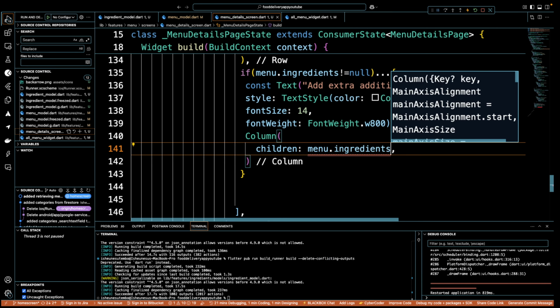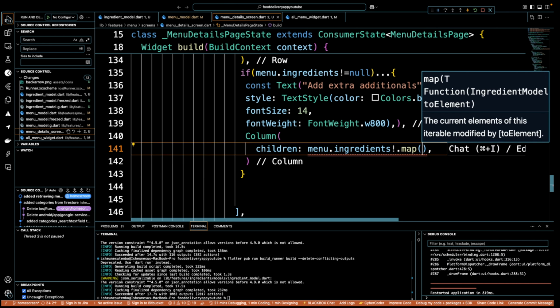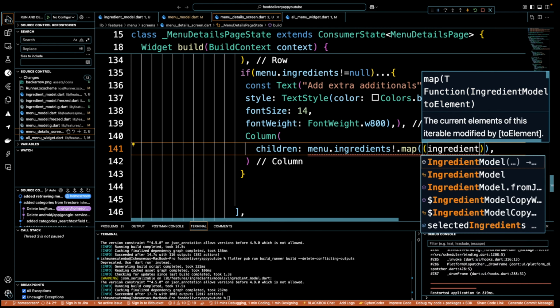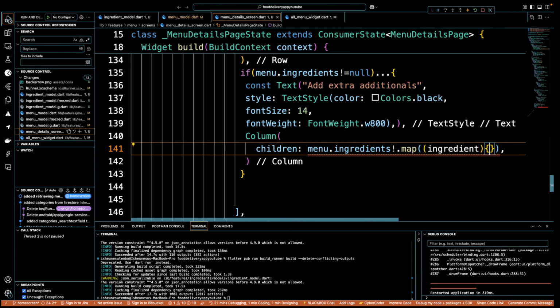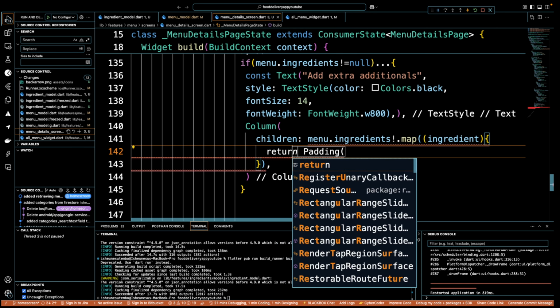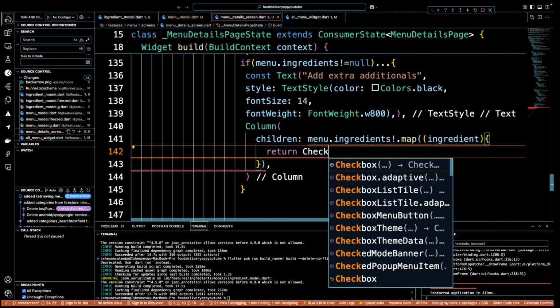And then if we have the ingredients, we are just going to loop through the ingredients using the map function. Map, and then the function is going to be ingredient. And then we are just going to return a